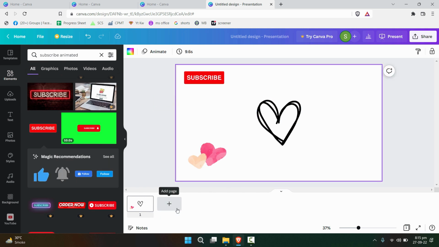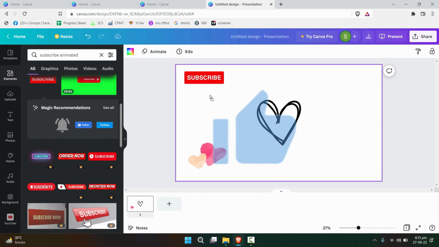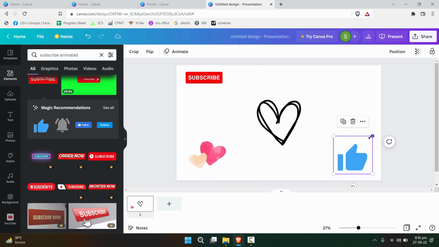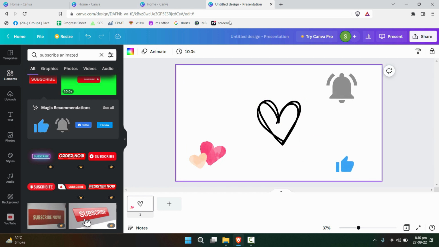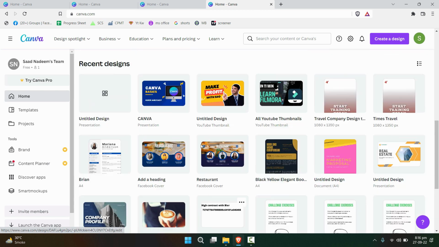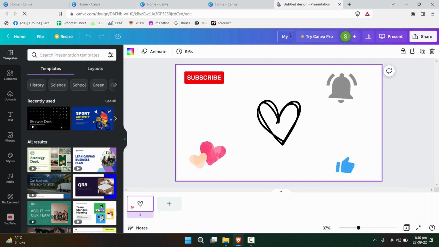You can add as many pages as you want, because it will save you a lot of time to find the assets. So here you can easily create the collection of all the assets that you want to use frequently in all your designs. Take a day or two to make that collection. And then, for example, anytime you want to use this in your designs, it was untitled design. Let's name it my assets